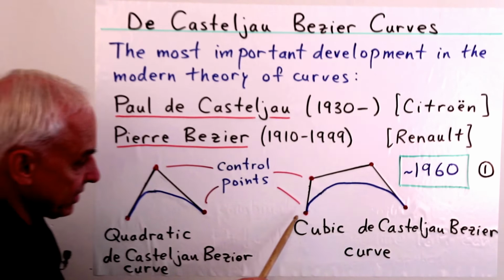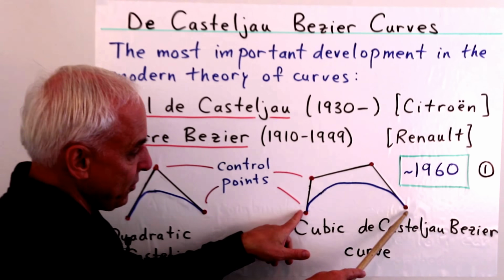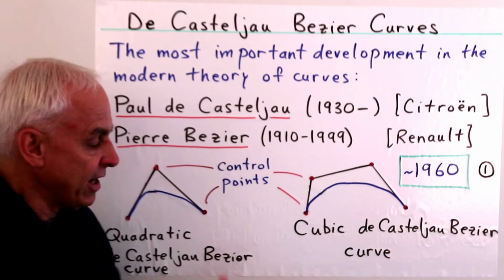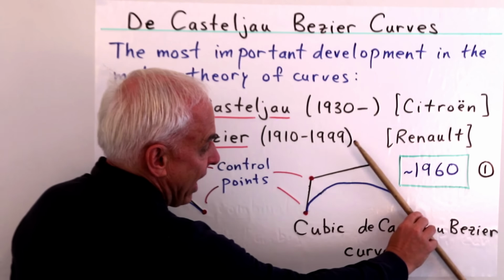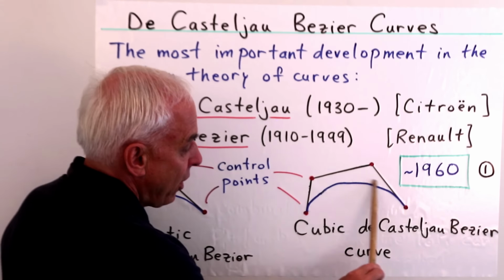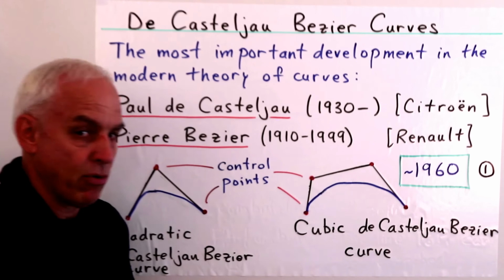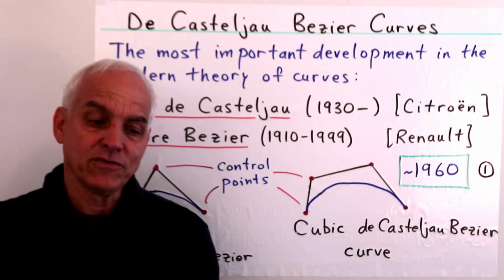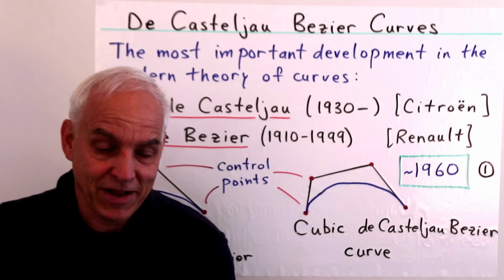The cubic de Casteljau Bezier curve is a cubic curve with 4 control points. The curve goes through the endpoints, and again these two other control points determine the tangent directions of the curve at the two endpoints. Now these days in the literature, these curves are usually called Bézier curves, and I really